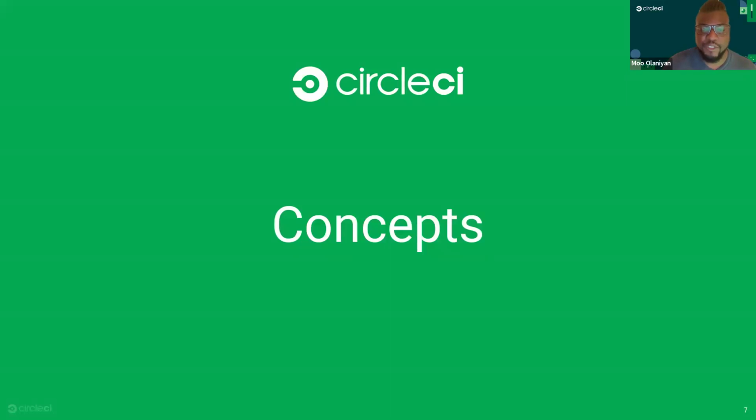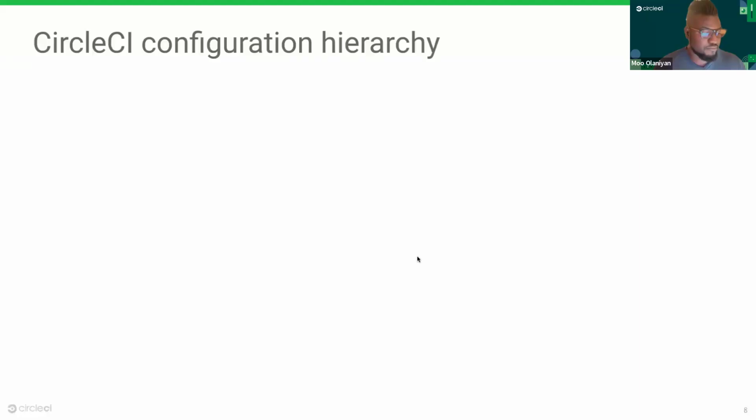Before we jump into our developer story today, though, I want to quickly take you through the architecture of CircleCI, particularly how it looks at the top level. In other words, the concepts that we need to know to understand how CircleCI works. So we'll start here with the configuration hierarchy. So pretty much, I'm going to go into it in the demo, but CircleCI believes deeply in the paradigm of configuration as code. And that means the only way to configure a software delivery pipeline in CircleCI is through a configuration file checked into a software repository.